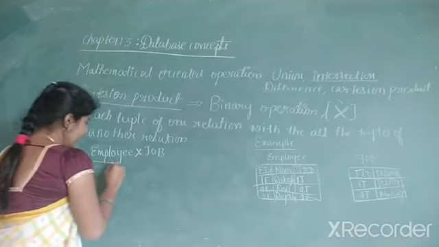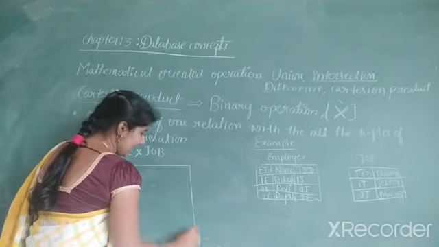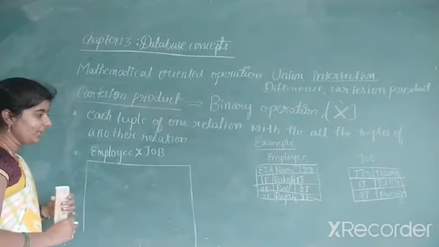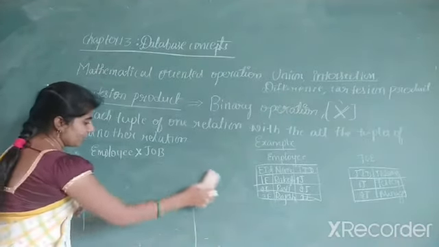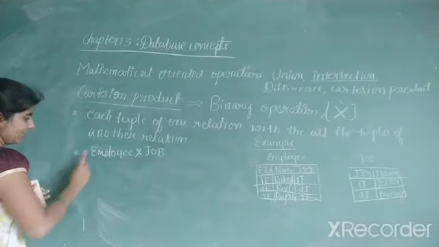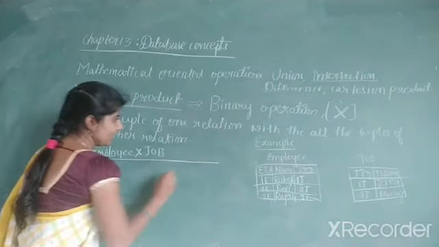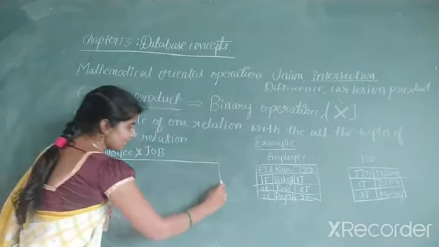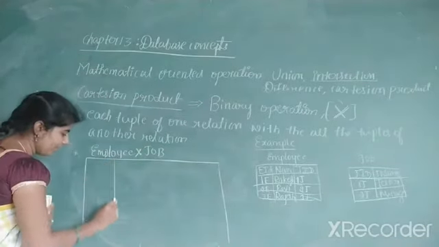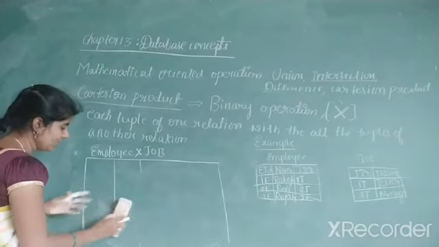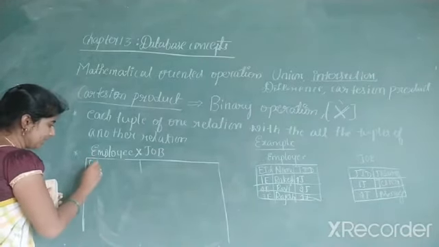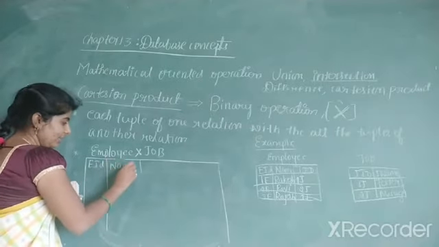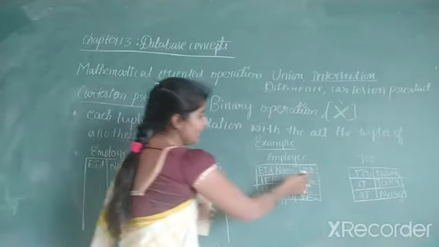Now observe here, I told that if the relation R is having n attributes and if the relation S is having m attributes, in the resultant table we are having n plus m attributes. That means employee ID comes, next name of the employee comes, next observe here JID is present in